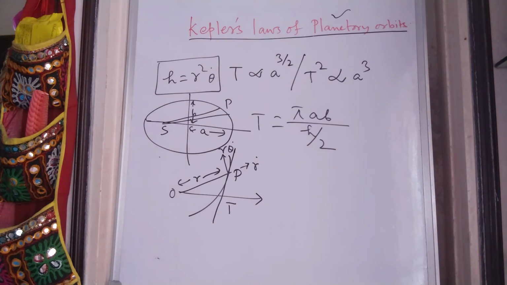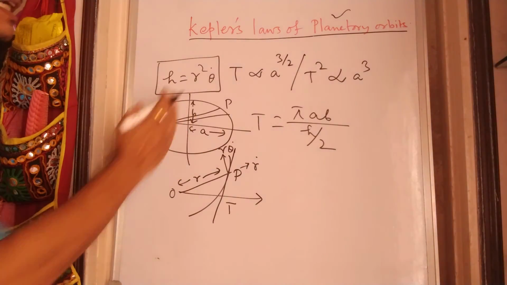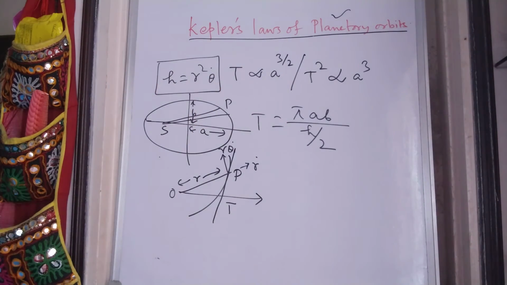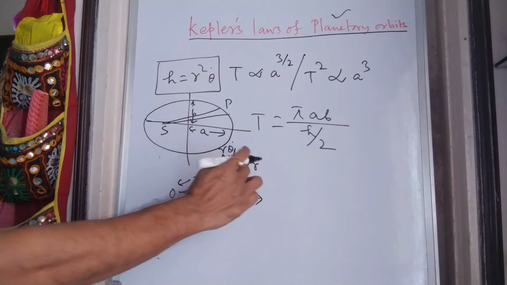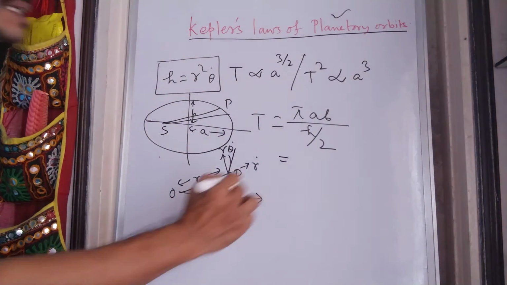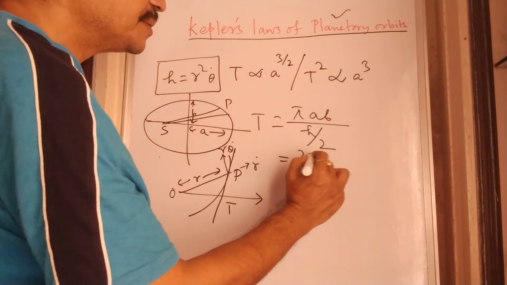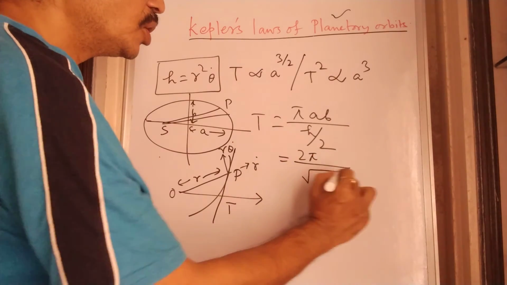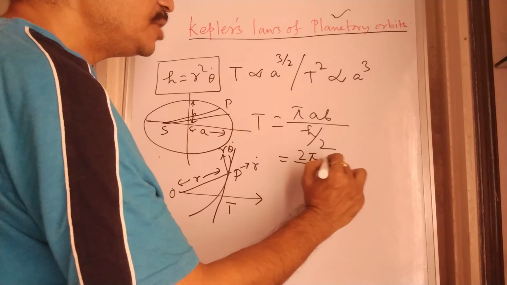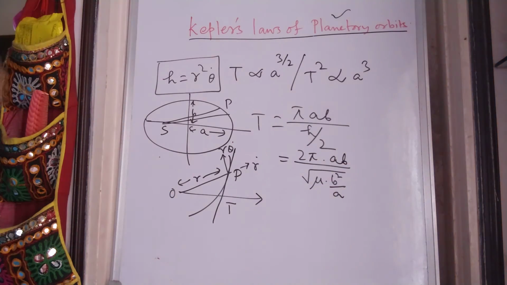You remember we have shown that the rate of tracing out area by this radius vector is nothing but half r square theta dot, or h by 2. So the time period is the total area divided by the rate, and it turns out to be 2 pi by root mu into b square by a into ab. Why? Because